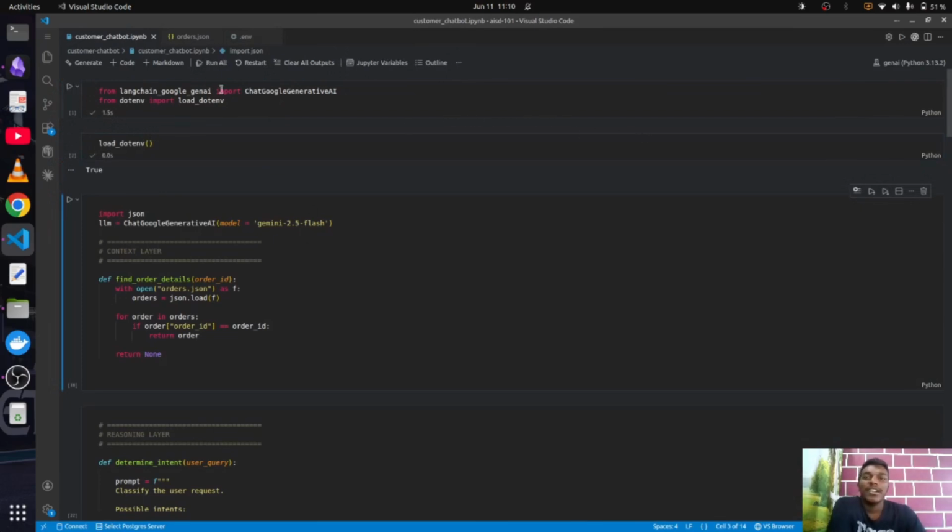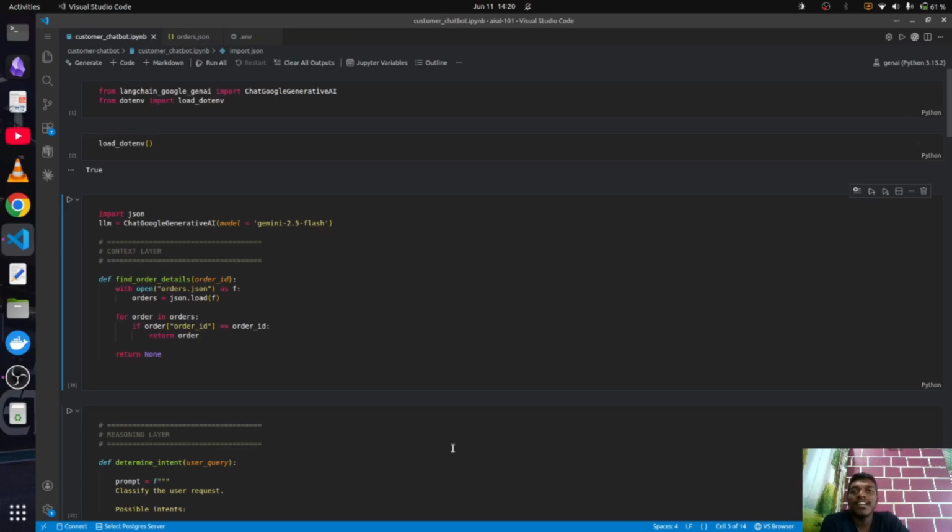And remember, all this code I'm going to be doing in a Jupyter notebook. We are going to look at a code example, as we have already seen the various layers of an AI system after the whole anatomy. I just want to take you through a simple customer chatbot, which will be doing the order cancellation part, as well as getting the status of the order, something like that.